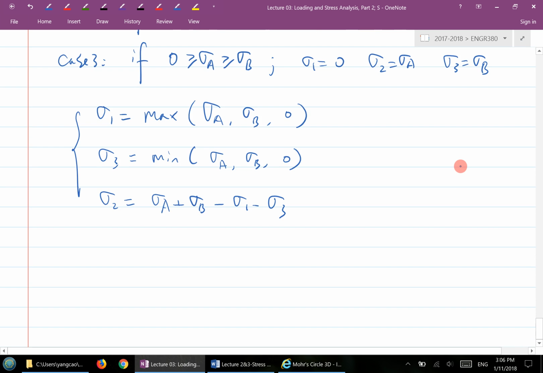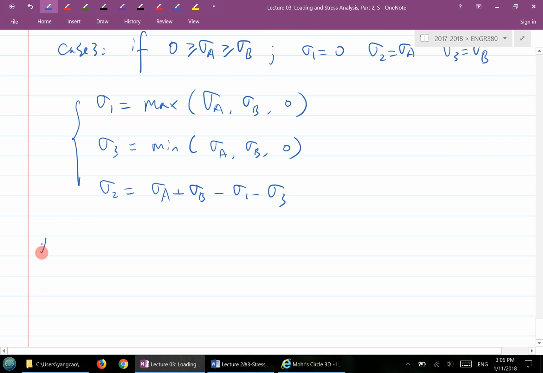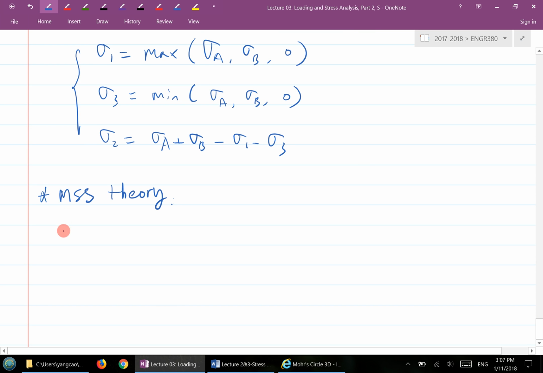Alright, so now let's look at MS theory. Any questions so far? So let's look at MS theory, the maximum shear stress theory. I'll write down the definition first, and then we'll look at what this definition actually tells us. So the definition says failure occurs